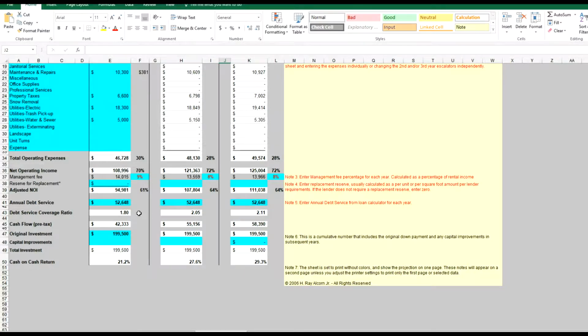Anyway, so 1.8 is great. Cash flow pre-tax is $42,333. The original investment of $199,500, and I believe that is all just down payment. So a cash-on-cash return of 21.2%. That's pretty sweet. So a little bit about this